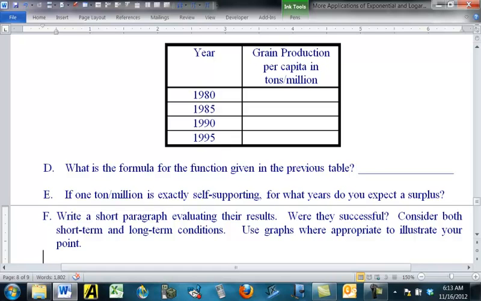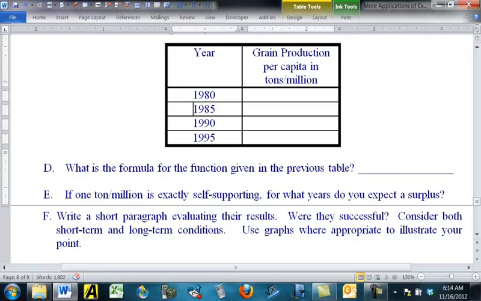This is a good problem because this is more like a real-world problem than we get from just one of the little MyMathLab problems where you just fill in a blank. This is something where we have to use what we've learned here about linear and exponential functions, put it together. And there's an important